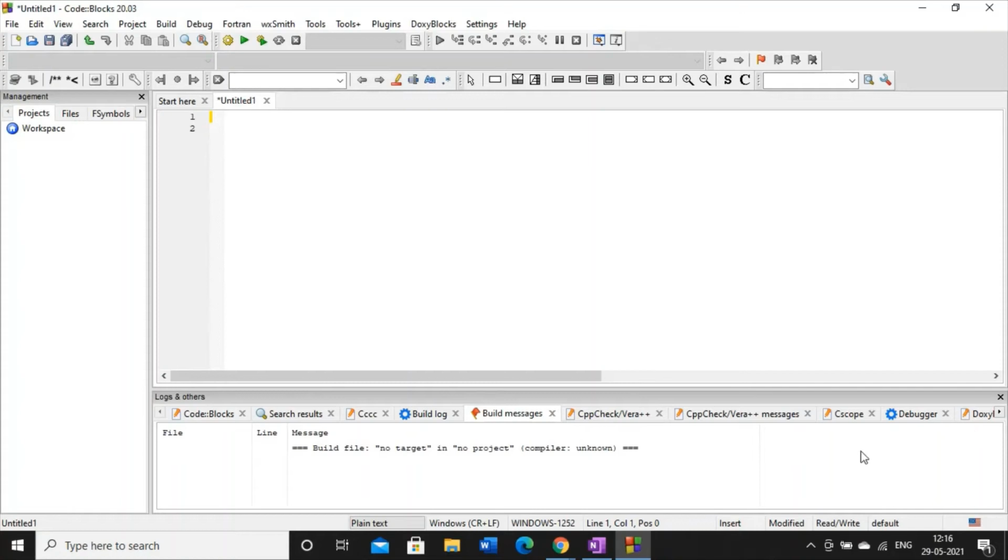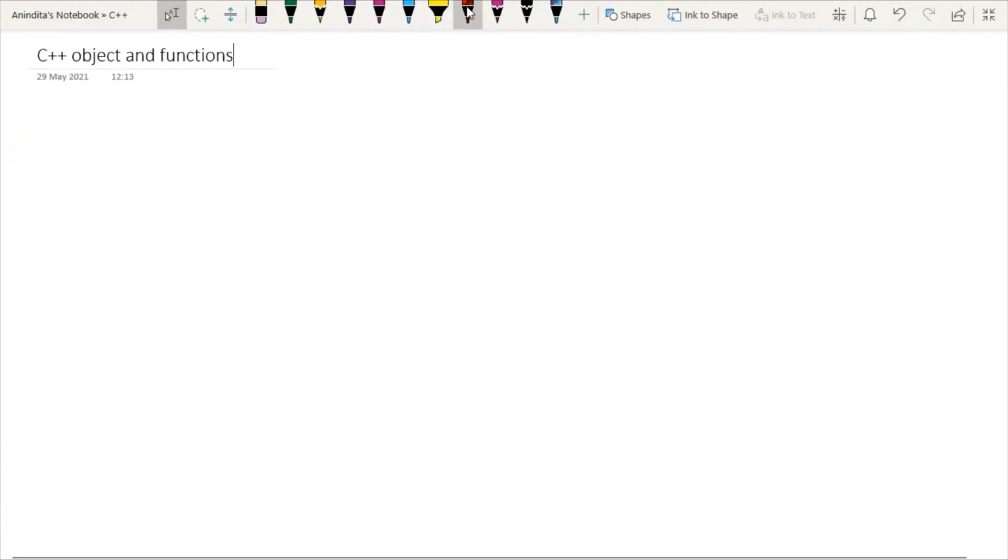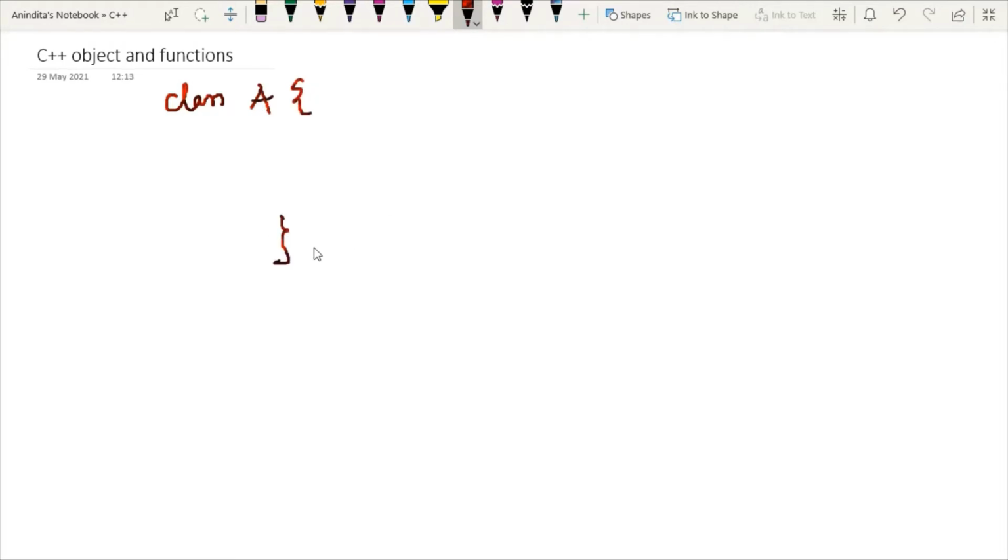Today we will design our first C++ code. So what we are going to design is, today we will create one class with any name, and we know that in C++ a class ends with a semicolon, and inside the class we will perform two tasks. First, we will create some data, which is also known as variables, and we will define some functions.